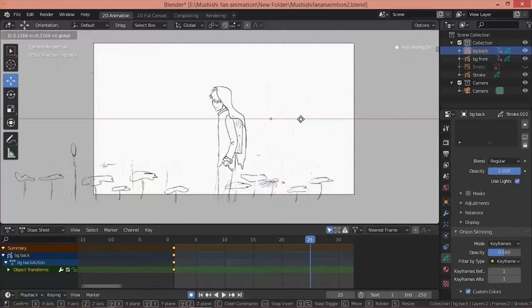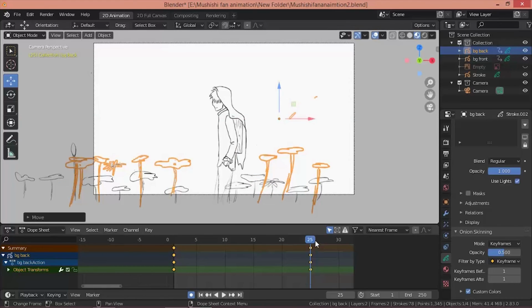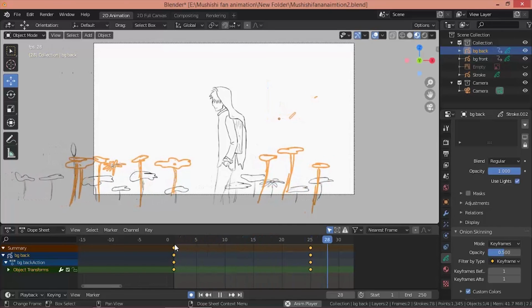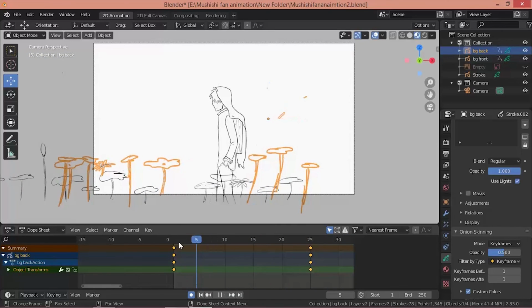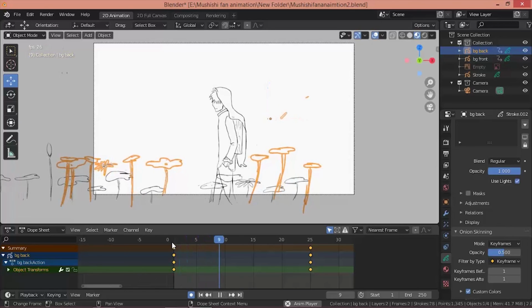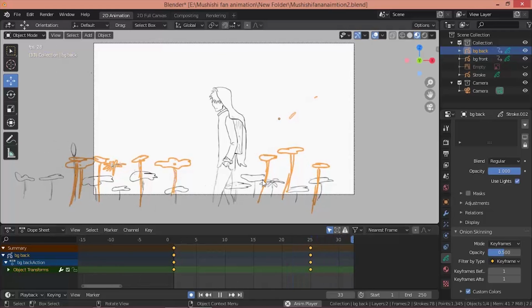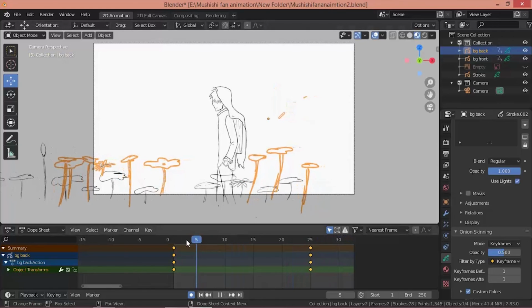So I'll set them to go behind, but very slightly, it should be subtle. And so when it's moving, it gives that depth effect because it's moving at a different speed.